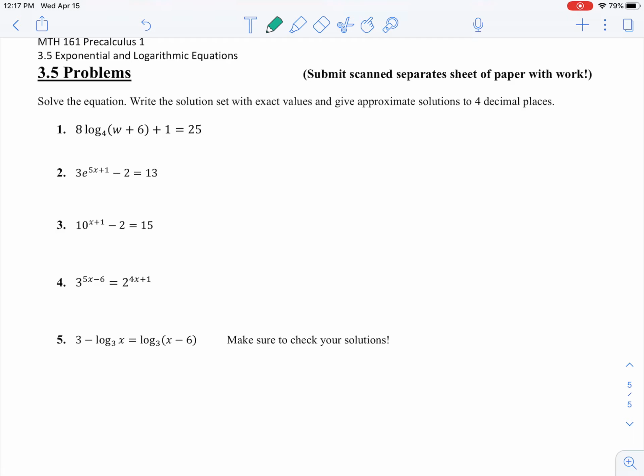Number 1 is similar to the ones that we went over on page 1, and number 5 is similar too, but when you're solving number 5, if I were you, I would add that expression to both sides and rewrite it as 3 equals log base 3 of x minus 6 plus log base 3 of x. And then I would use the product rule to combine the right side instead of subtracting, and I think that will be the easier way. But I want you to try number 1 and number 5, and then when you're done with them,